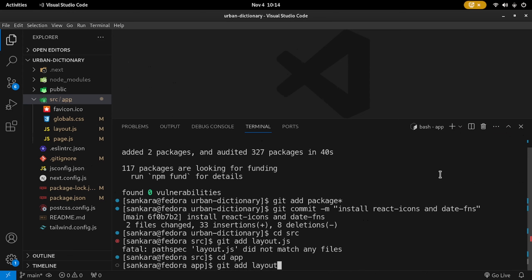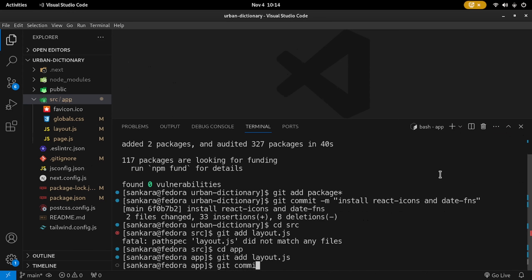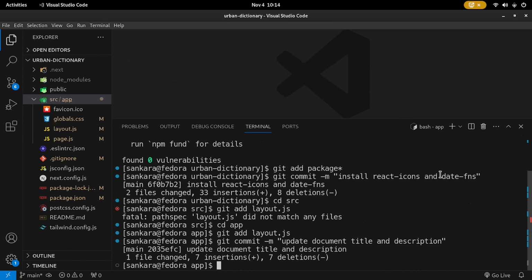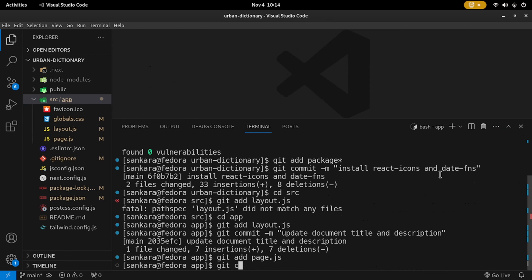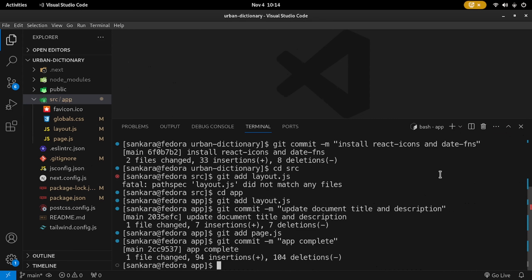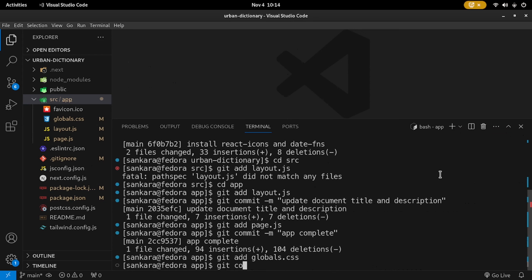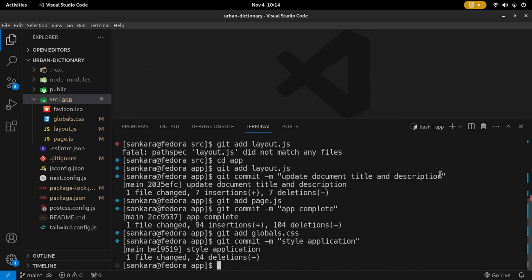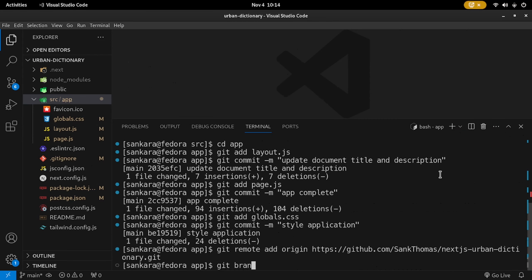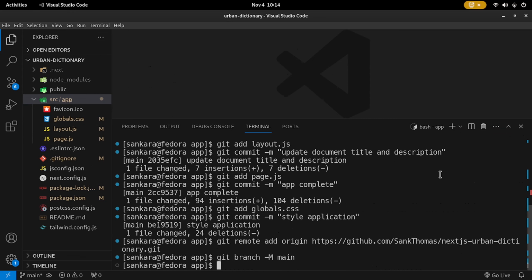So git add layout.js and git commit, and I'm going to say update document title and description, and then git add page.js, git commit, I'm going to say app complete, and then git add global.css and git commit -m, I'm going to say style application, and then git remote add origin, and then paste in that link, and then git branch -m, now capital M, main to move it to the main branch, then git push -u origin main,